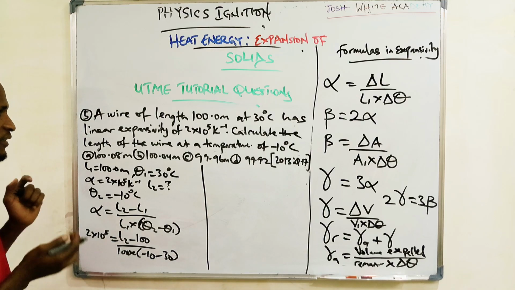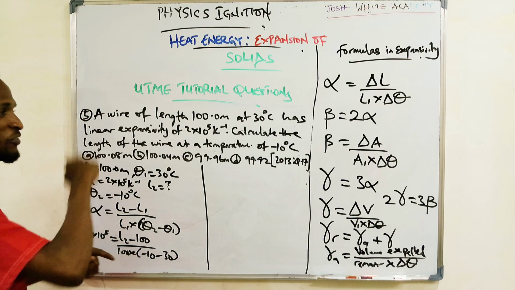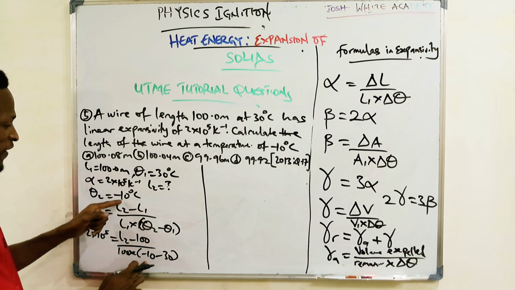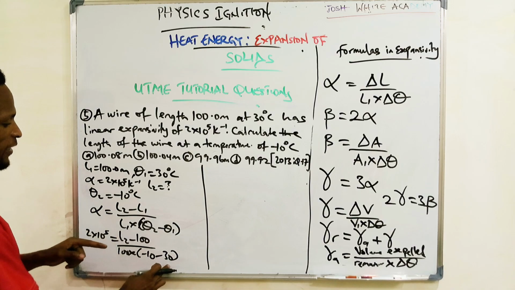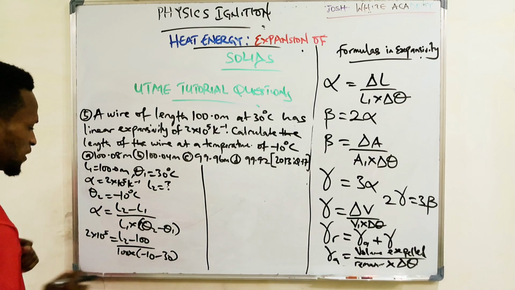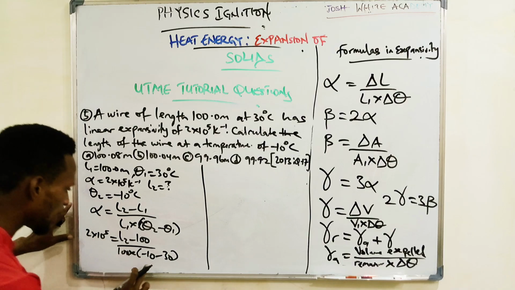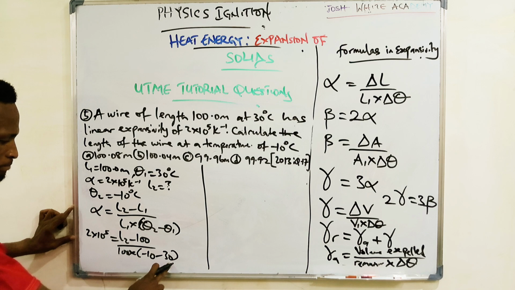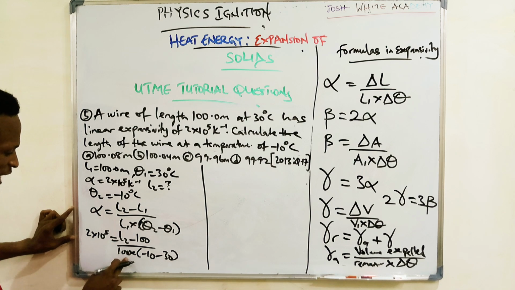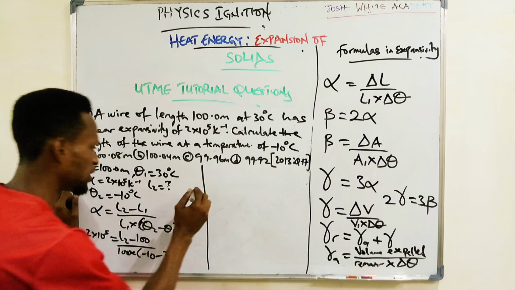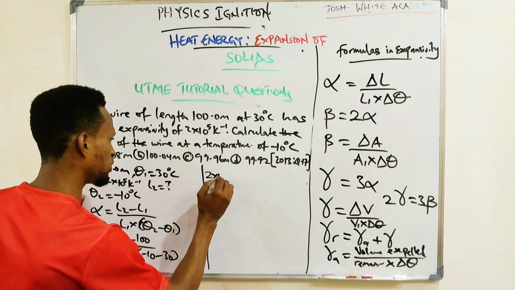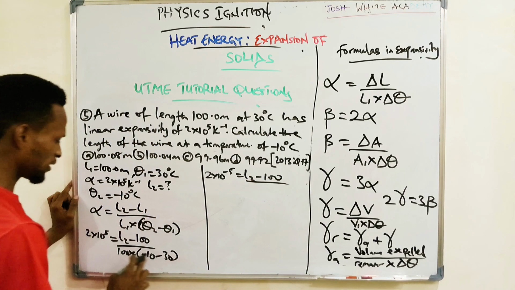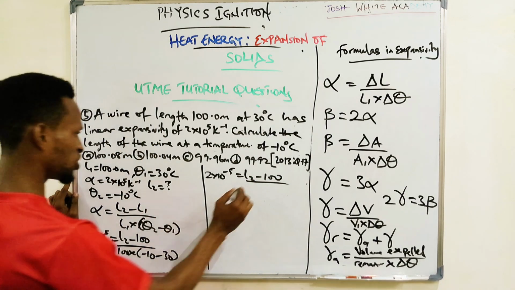Please take note. Don't do it the other way around. It will give you a different answer and you will find it in the options. So our θ2, which is our final temperature, is -10 and our initial temperature is 30. Now let's solve. -10 minus 30 is -40. And -40 times 100 means we have 2 exponential -5 is equal to L2 minus 100 all over -40 times 100, which will give us